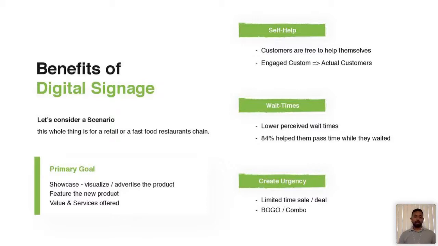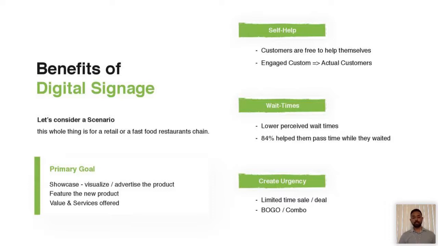So then what is self-help? Because of digital signage, as I said, we don't need to explain everything in detail or shout irrelevant messages at customers when they don't want to hear anything. So they can learn by themselves. Customers are free to help themselves to the information they need. The clear answer is that digital signage can grab their attention easily, and entertain, inform and educate them properly.